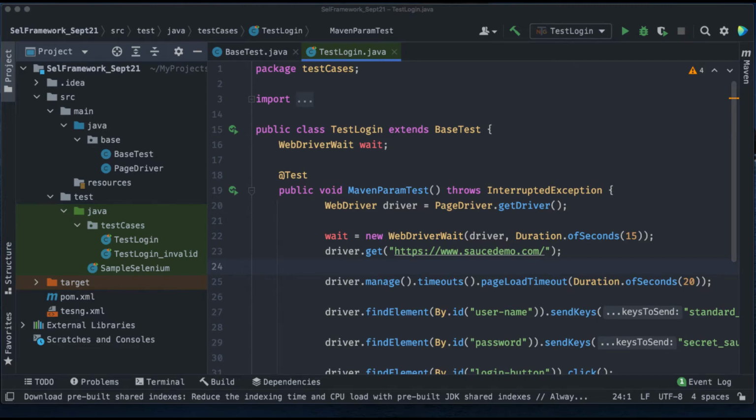Hello all, welcome back. So in our Selenium with Java series, we were looking into how to design a framework from scratch. In our previous sessions, we have seen how we can add a new project and add all the dependencies that we need. And also we have seen a basic test case by sharing our driver object and preparing the base test. And we have seen why we need to have a framework. So all these things.